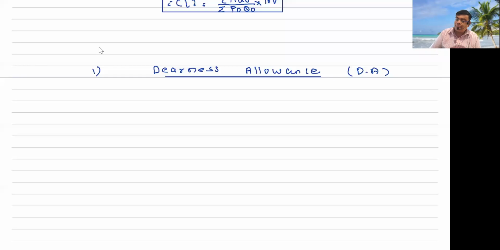This is to maintain the standard of living, or to compensate